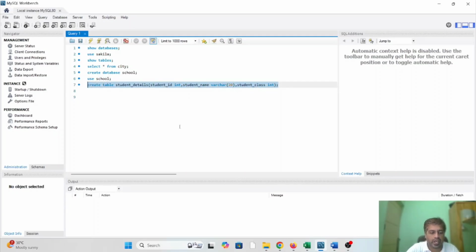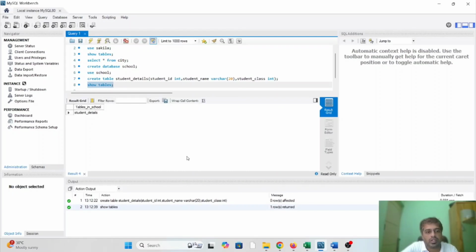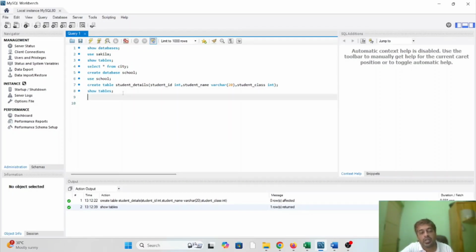Create table student_details. Here you can see that the table has been created. Now let's see whether the table has been created or not. Show tables. Let's execute this. Here you can see student_details has been created. Now it's time to enter the details in that table. We have created the database and the table in that database. In that table there will be different